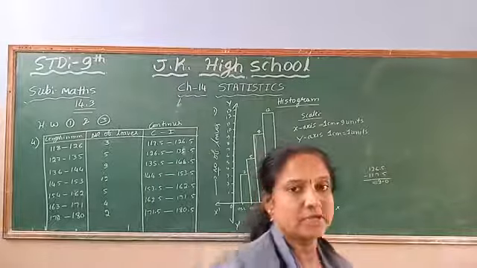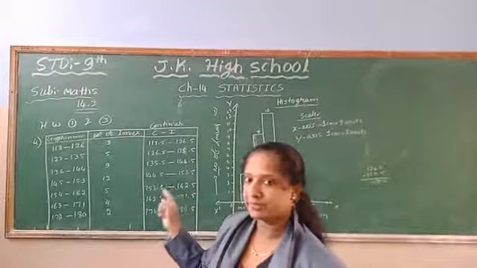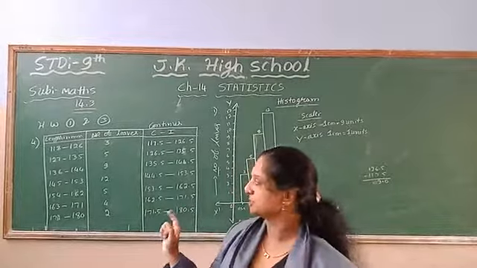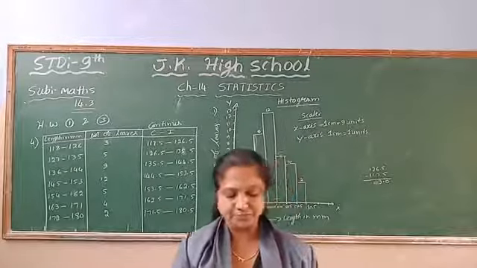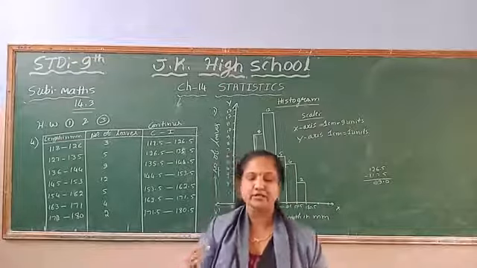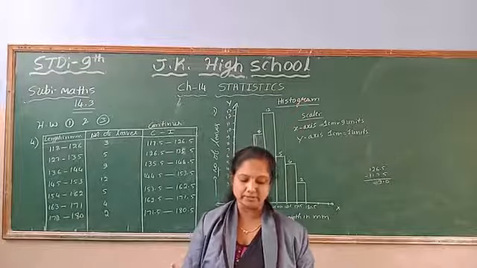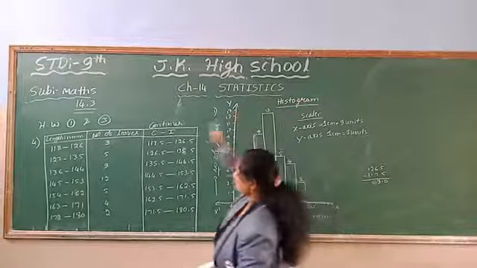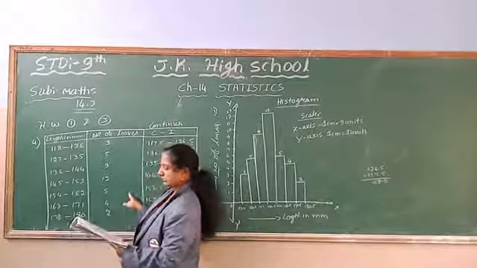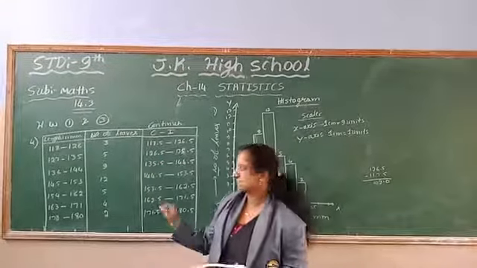Children, so I explained how to plot a bar graph. Depending upon that, question number 3 is homework. And now the fourth question in the textbook. The lengths of 40 leaves of a plant are measured correctly to 1 millimeter, and the obtained data is represented in the following table. So they have measured the length of 40 leaves in millimeters, and they got data like this. Draw a histogram to represent this data.